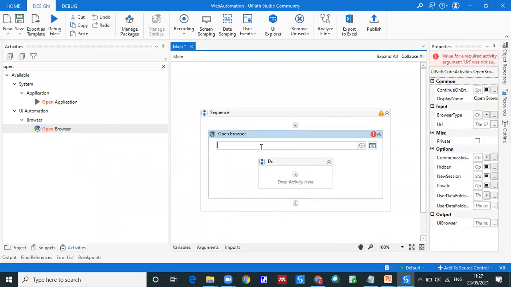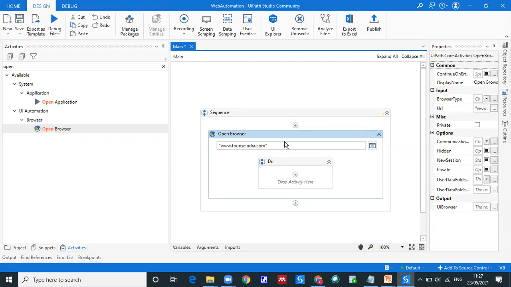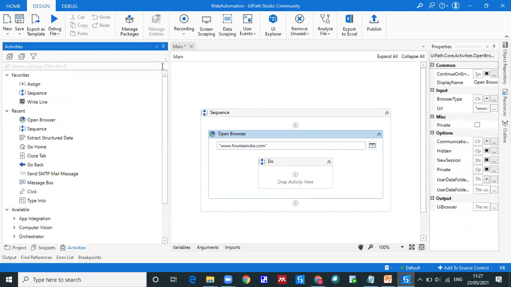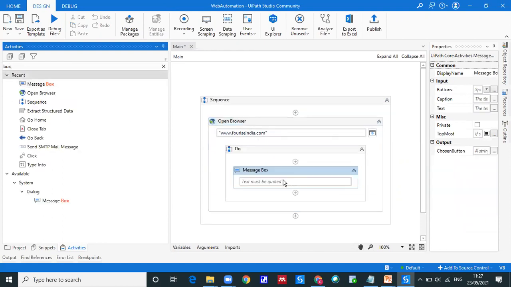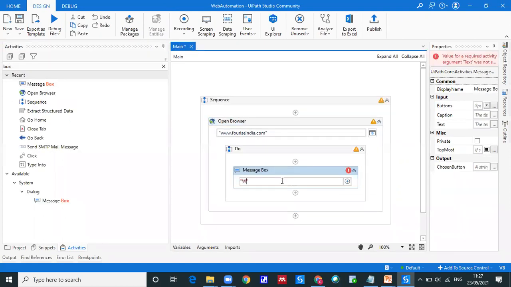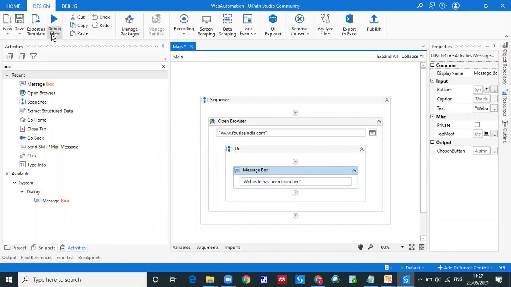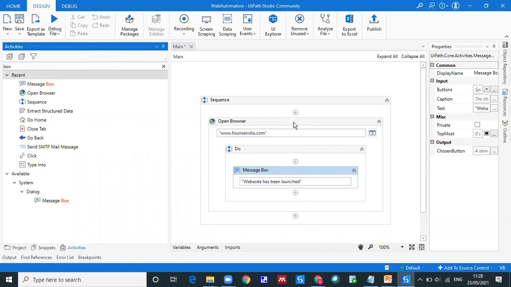So let's open our website www.horizeindia.com. Okay, so this is just opening a website and I will add one message box. Website has been opened. Website has been launched. Now the question arises, does it really happen? Let's see. I'm going to run this, and before running this bot, just have a look at the